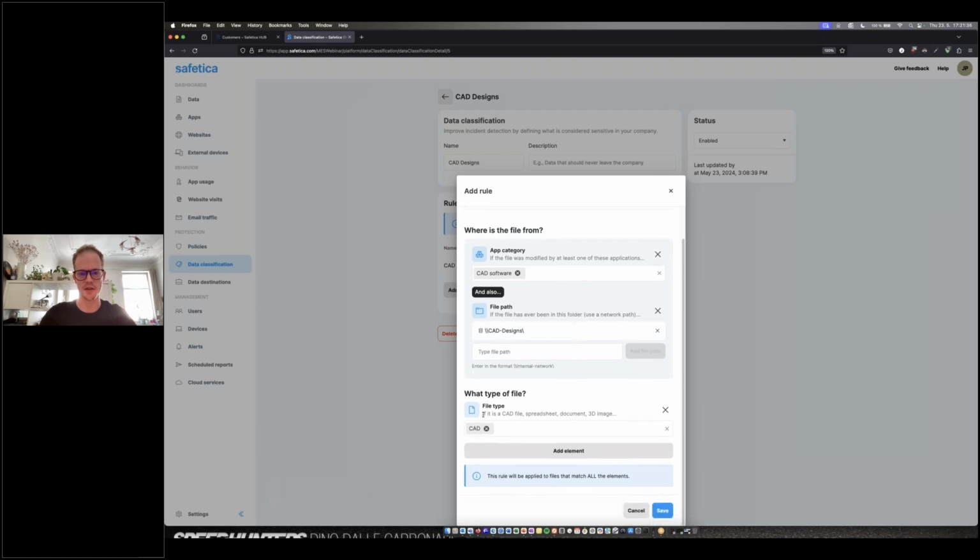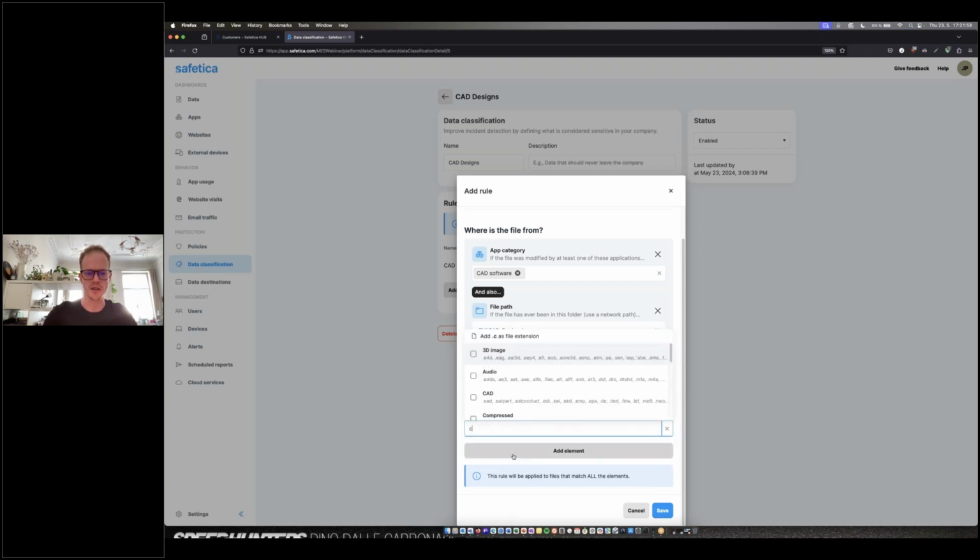And then last but not least, I just went with the standard CAD files overall. What I mean by that is, I can see here, this gives you basically all the extensions that fall under the CAD category, or you could do specifically .CAD, for example. You can add any kind of extension in here, or you can use this library, and we do have a decently extensive library as you can scroll through and choose many different things here. But I'll just keep that set like this.